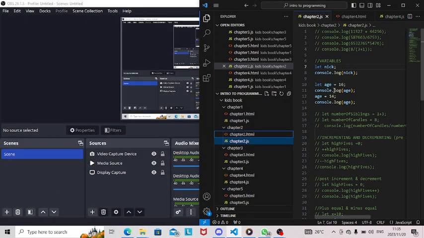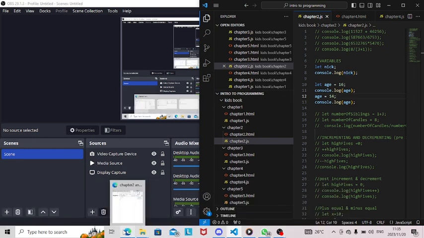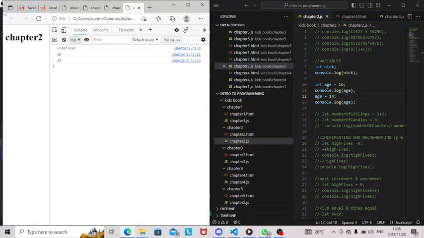Now it's printing out the age that I printed in. So it's going to show us the age, and because there's nothing to show in Nick,